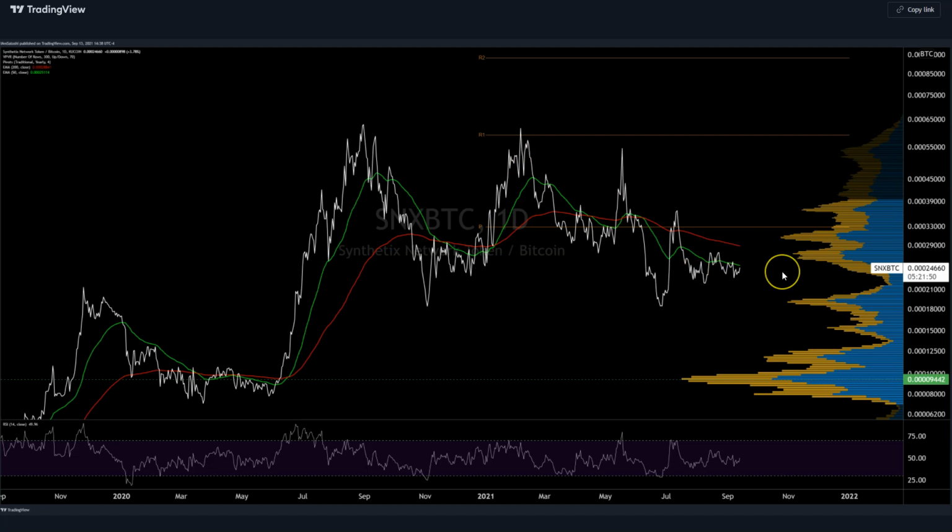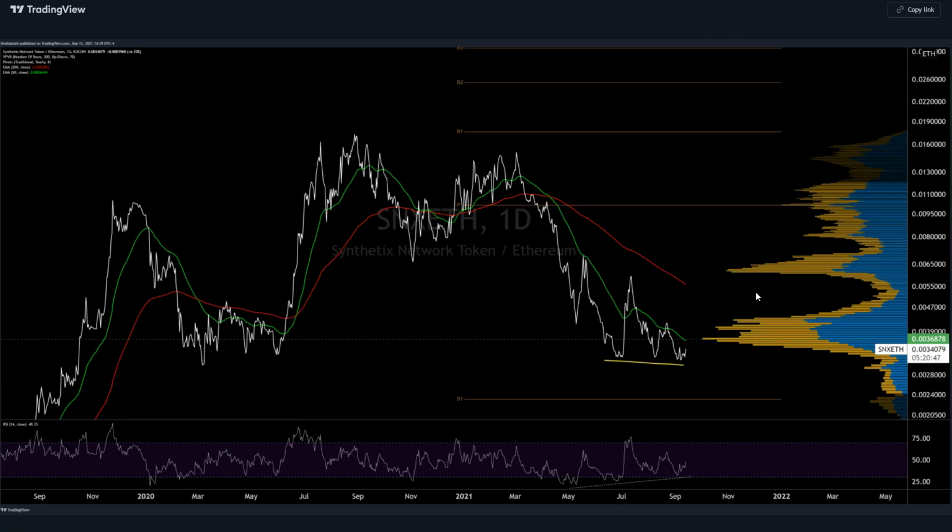So this could take us to the end of Q4 to figure out if this does move, but it isn't something that I'd actively be paying attention to right now. You know, I'd set alerts probably around 29 to 30K sats and just kind of forget about it in the meantime. And against ETH, it looks bearish enough to the point where it's definitely oversold on RSI relative to where